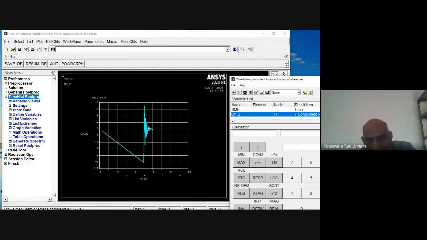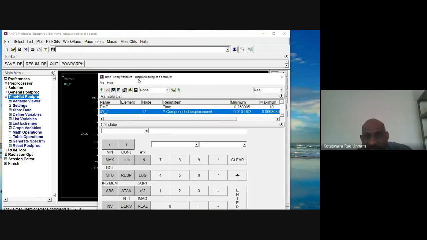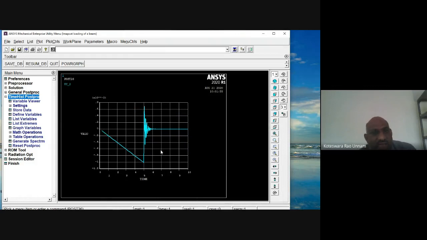See, you can see that because of damping, it is gradually decreasing and goes to 0. After some time, it goes to 0. So therefore, this is the response. If you want, you can reduce the time point, then you will get a better response curve also. If you don't want to plot this 0 to 5 seconds, you can set that in your settings also. Here you can set it, or else you can show it something like this. You can keep it like this also, no issue.